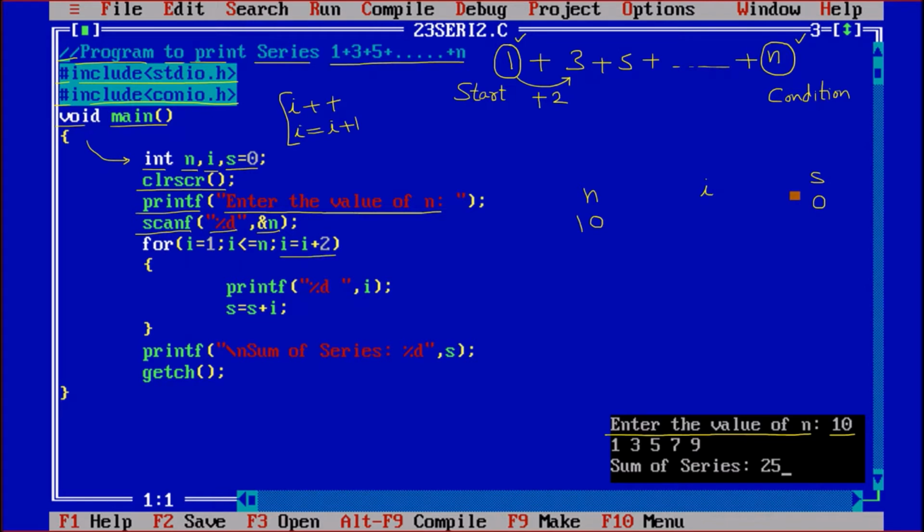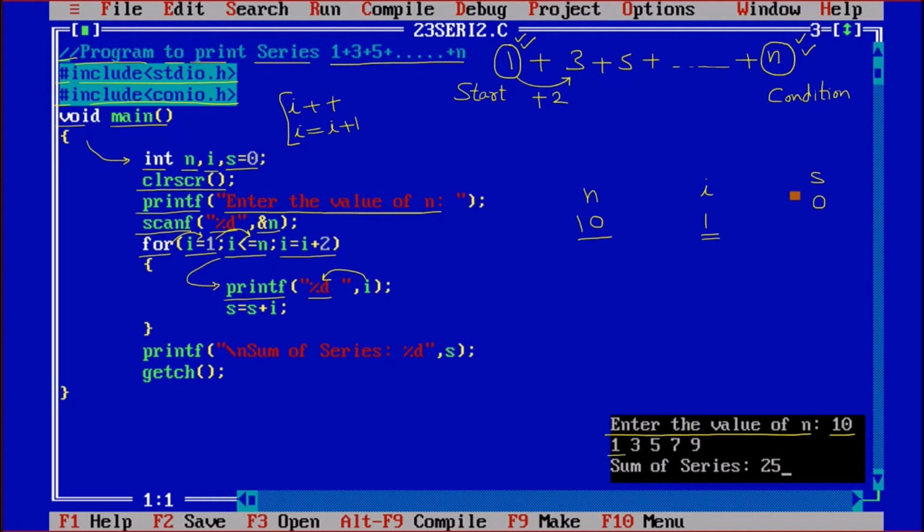So we are starting with the for, that is a looping statement. We are initializing the value of i as 1, we have taken from there. So the value of i is 1. Then coming afterward, checking the condition, i <= n, and we have taken from the last value. So i <= n, that means n is 10. So 1 is less than or equal to 10, true. Program will come down. Printf means printing on the screen. %d, it will take the value from i. So the value of i is 1. So 1 is printed on the screen.